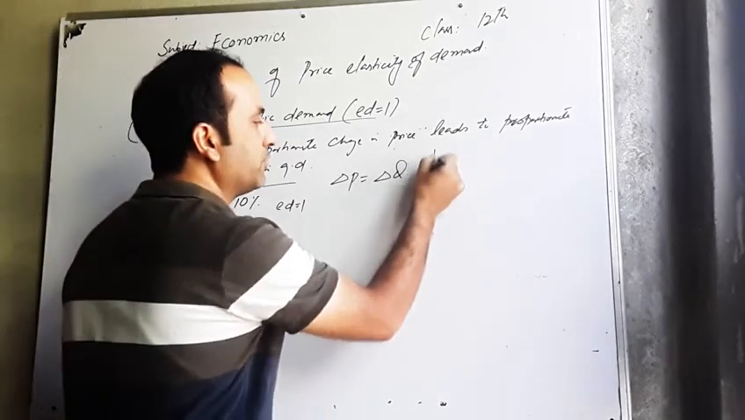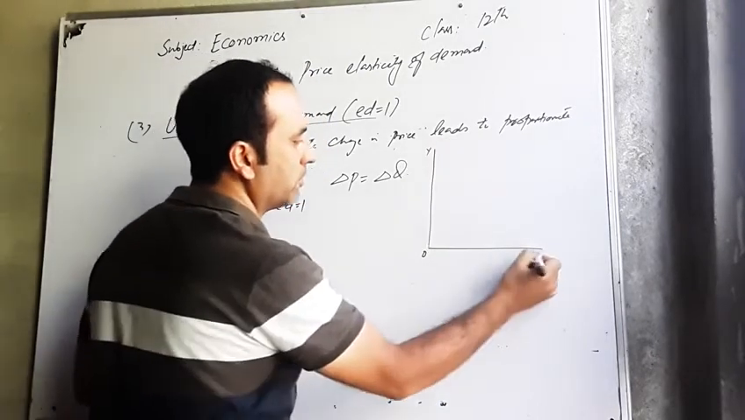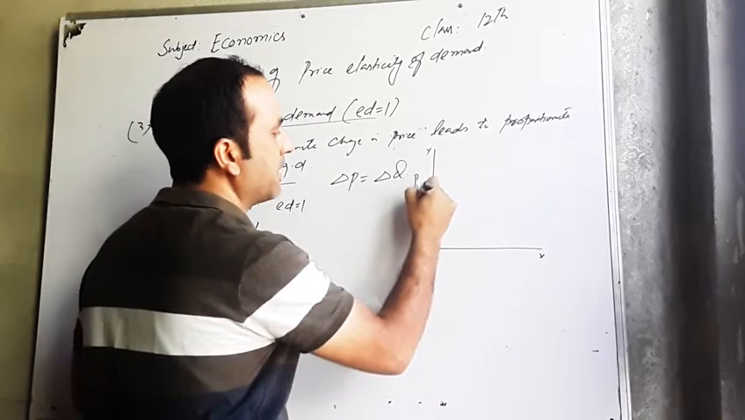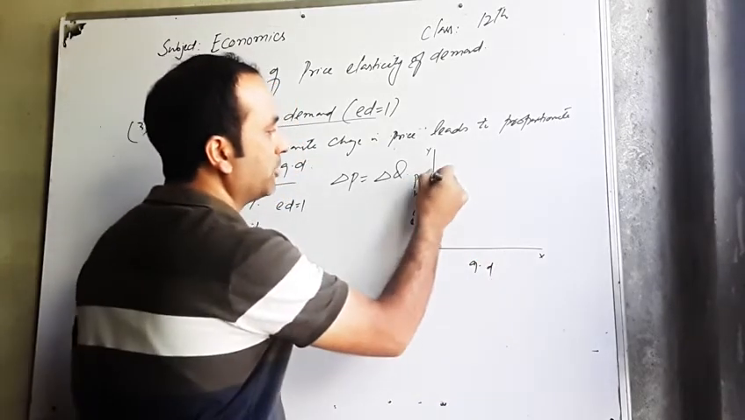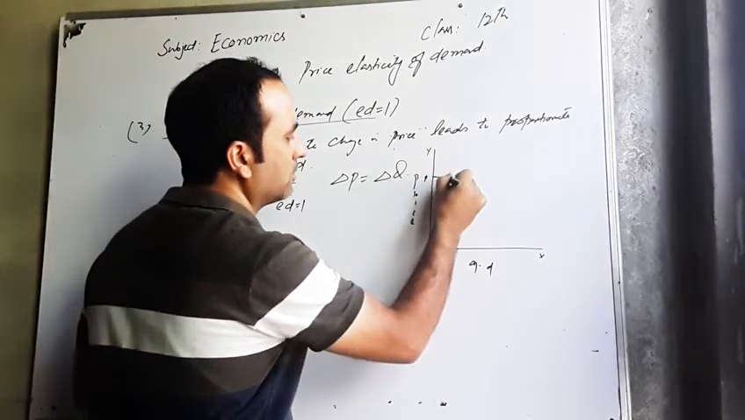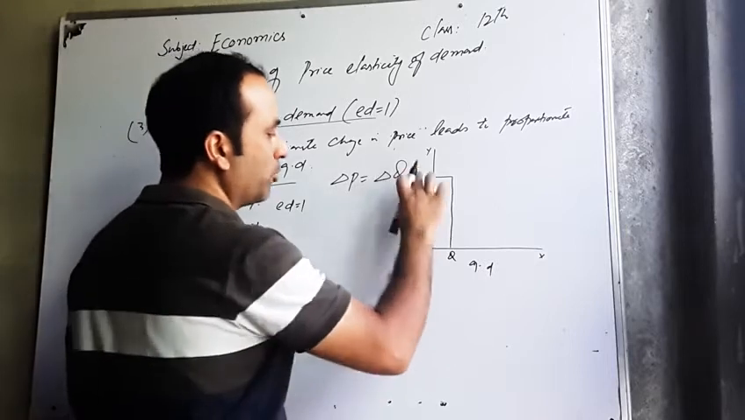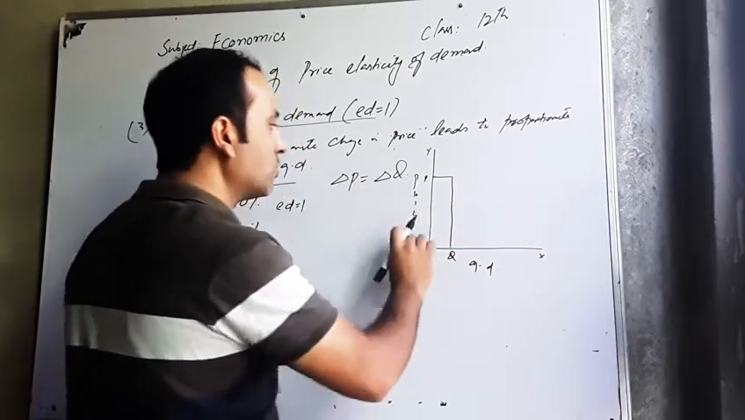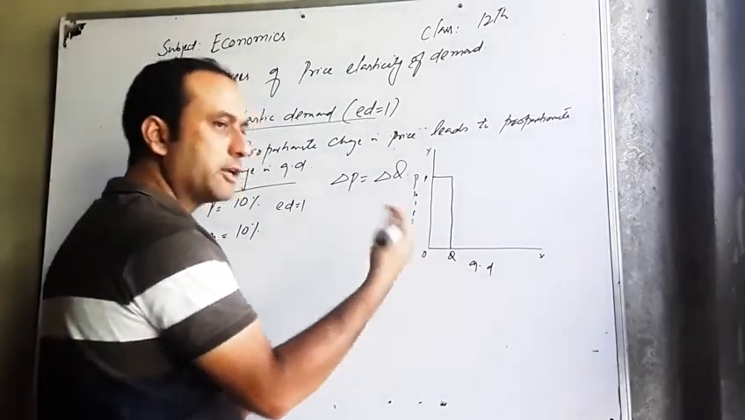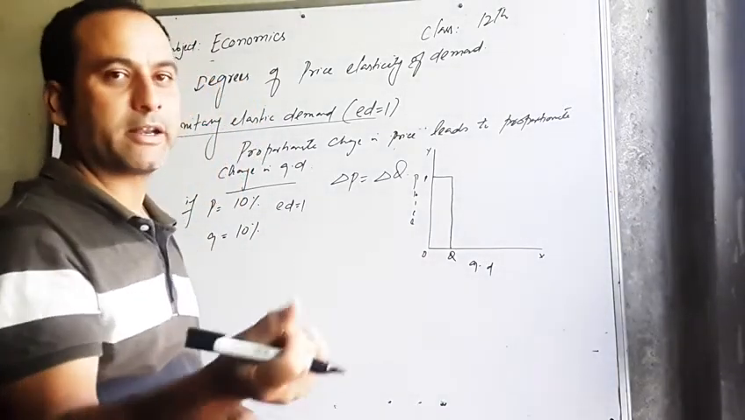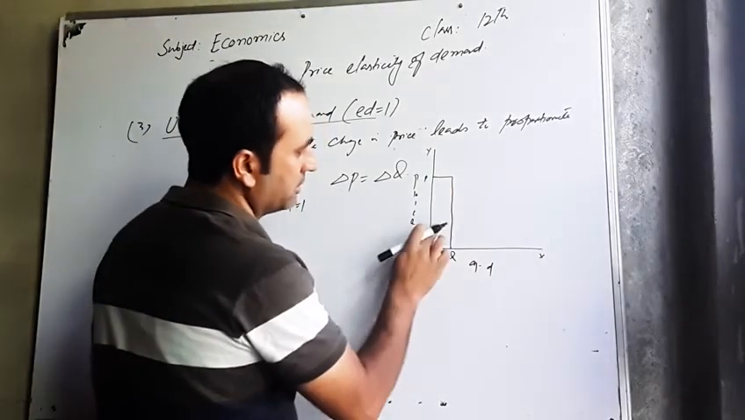Now this can be shown with the help of a diagram again here. For example, if from y-axis we measure price, from x-axis we measure quantity demanded. For example, if OP is price, OQ is quantity demand. So if price falls, an exact rise in demand takes place. For example, if price falls from this to this,